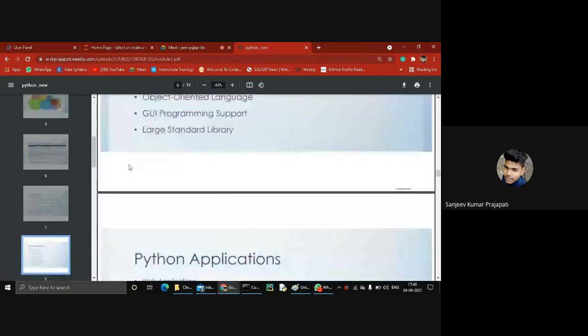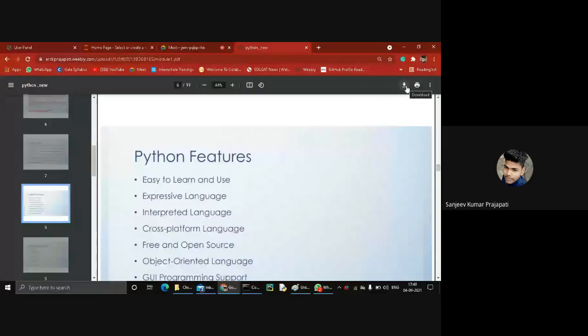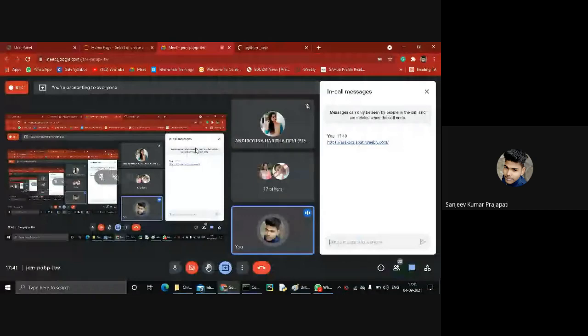Click on the download button to download the file. Okay, got it? How to download your notes. Any issues regarding notes? When I complete each and every task, I upload all notes day by day on the site.